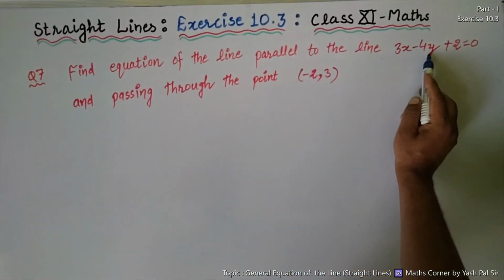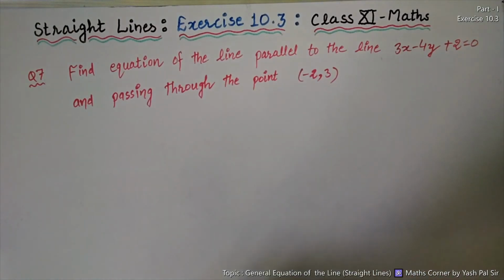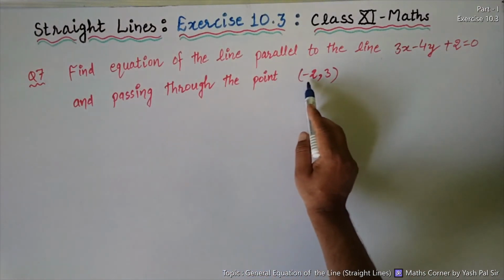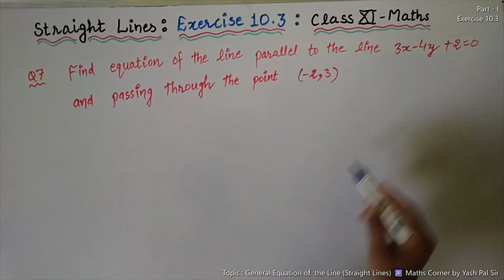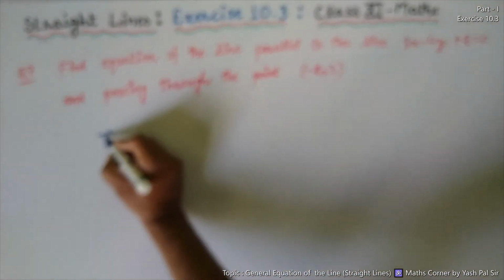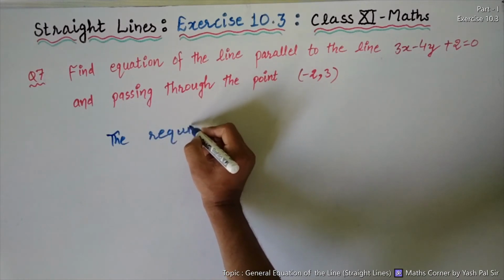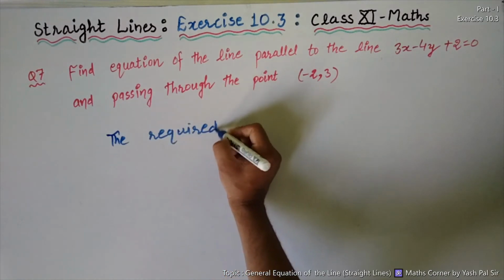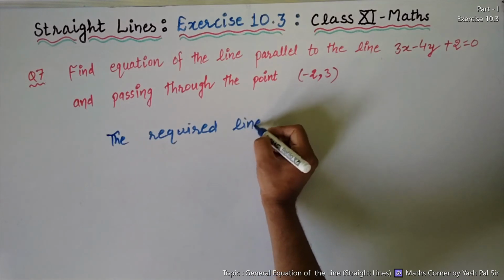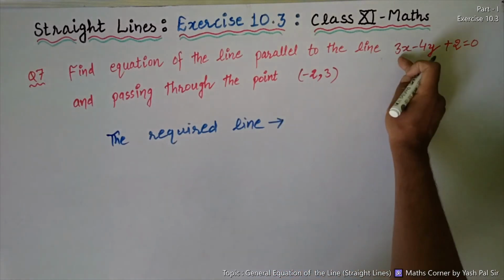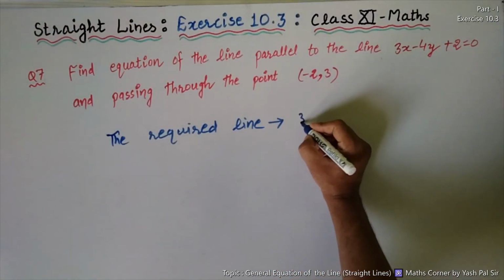Question number 7. Find the equation of the line parallel to the line 3x minus 4y plus 2 equal to 0 and passing through the point minus 2 comma 3. So first of all, the required line,